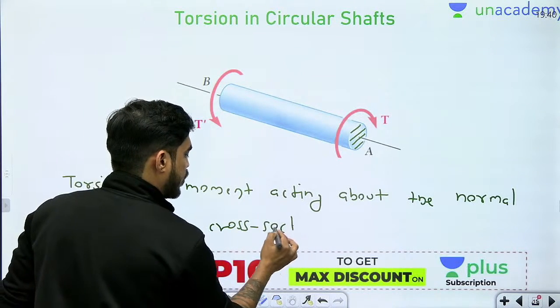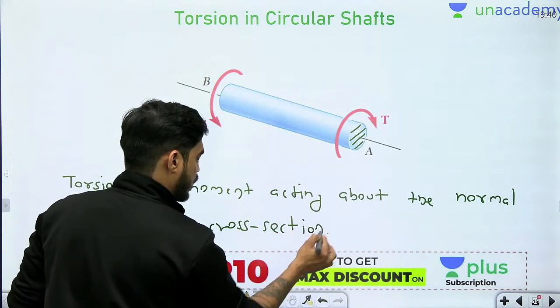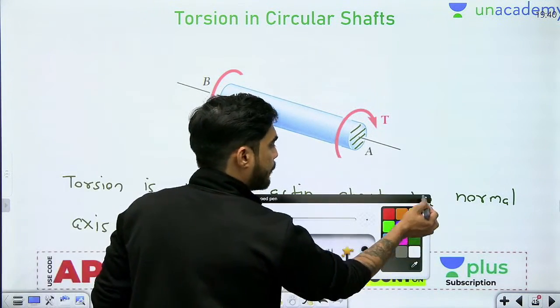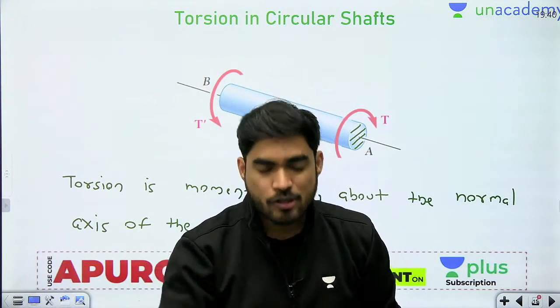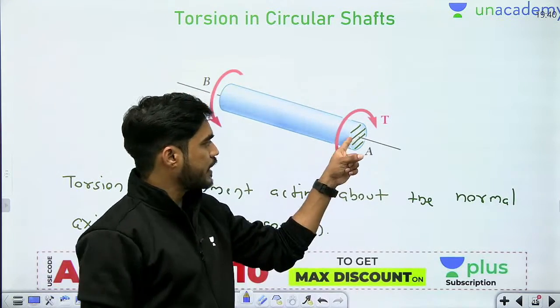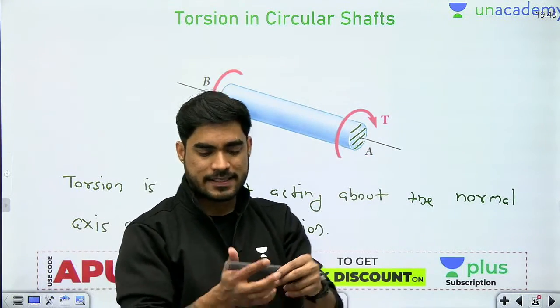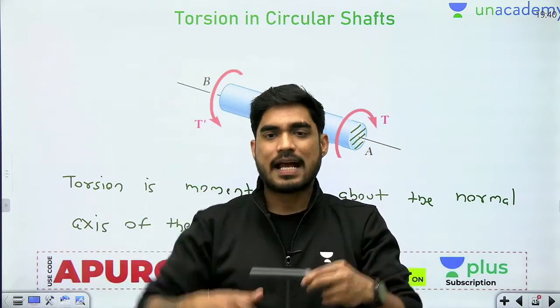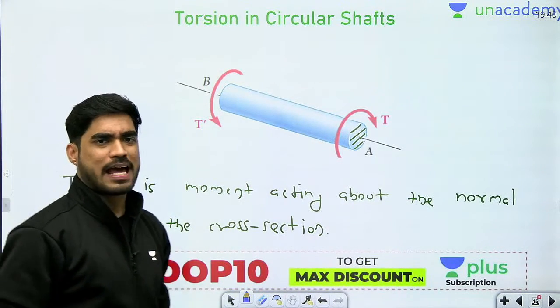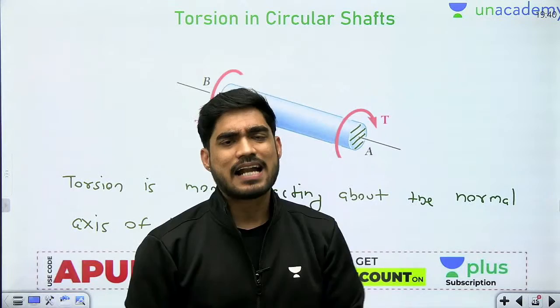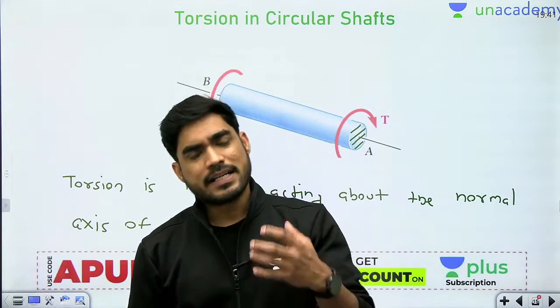The moment acting about the parallel axis of the cross section is known as bending moment, but twisting moment is the moment acting about the normal axis of the cross section. ठीक है, आप देख सकते हो, this is the normal axis और इस axis के about लग रहा है twisting moment. Okay, now under twisting moment we need to calculate the shear stress and the deformation,